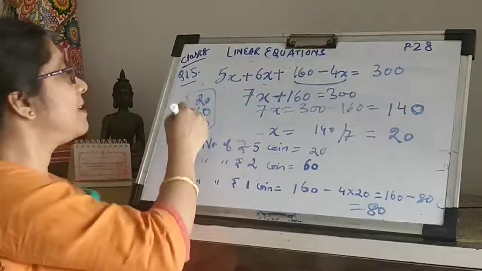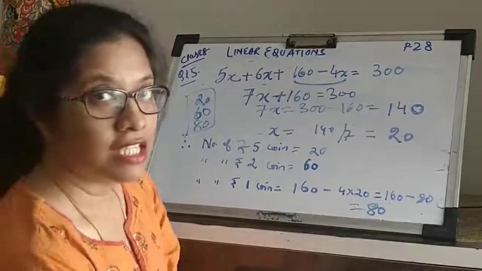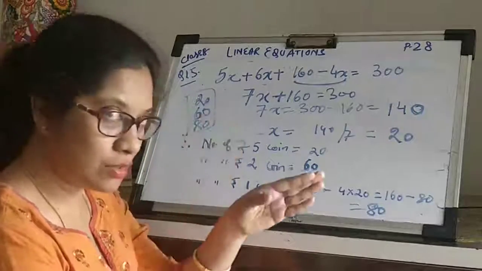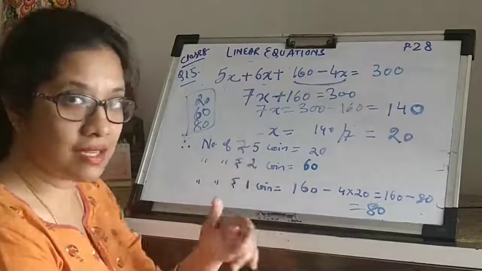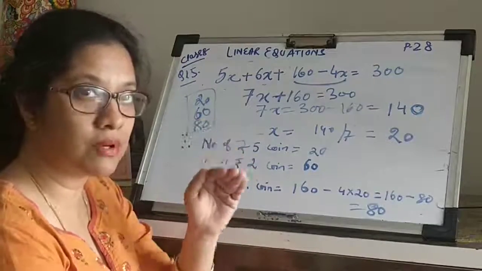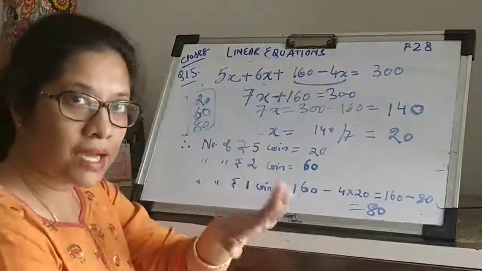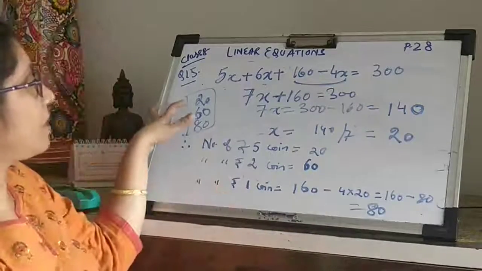That's my answer. See, you can also check all these. You add the values, not these numbers, and you should get rupees 300 in total. Okay. Similarly, for question 14 also you can verify yourself. Once you get the total number of denominations, you simply multiply each number by its denomination value to get the total value.